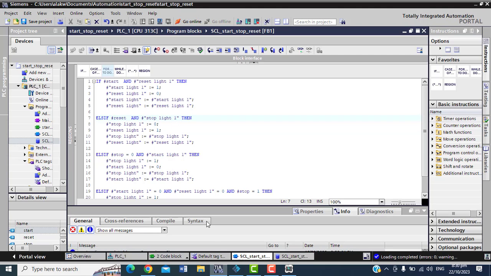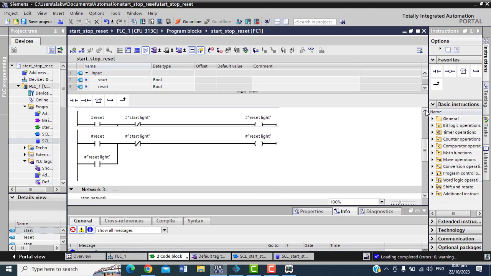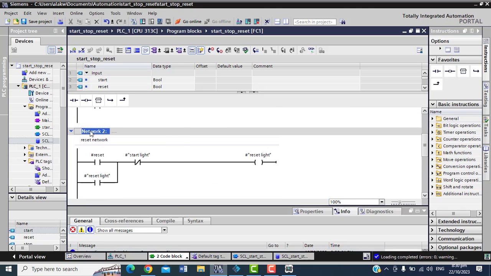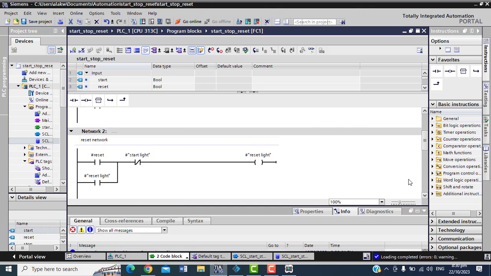Okay, I thought I could do one last thing. Let me just drop this one for us before we go. If I go to our ladder logic, and I want to do that same thing in ladder logic, what will I do here now? I will say this is your stop network. Just between your network 2 and network 3, I want to create a new network, insert new network, right?